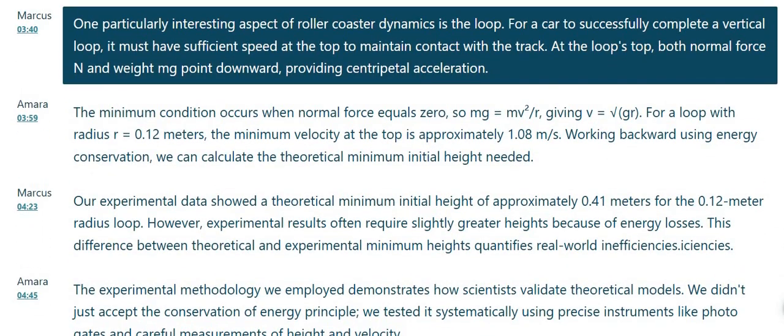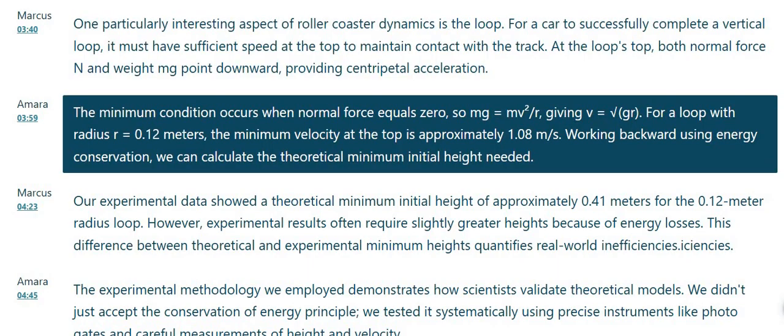For a car to successfully complete a vertical loop, it must have sufficient speed at the top to maintain contact with the track. At the loop's top, both normal force N and weight mg point downward, providing centripetal acceleration. The minimum condition occurs when normal force equals 0, so mg equals mv squared over r, giving v equals square root of gr. For a loop with radius r equals 0.12 meters, the minimum velocity at the top is approximately